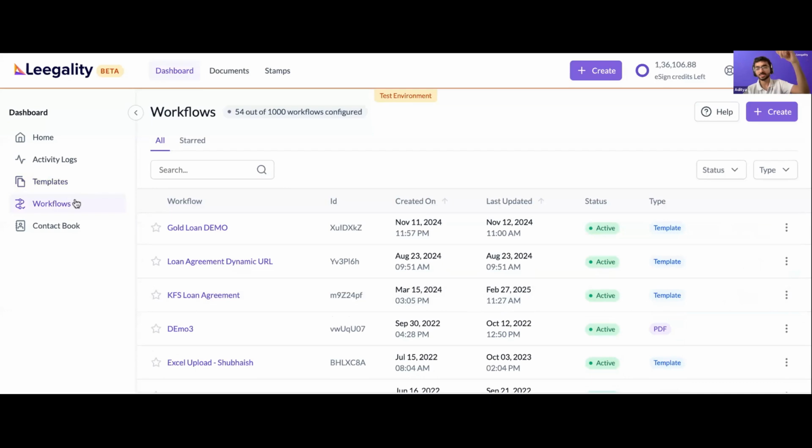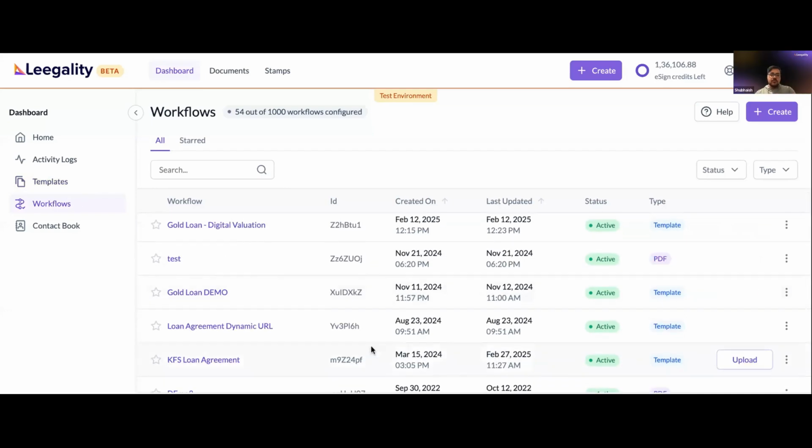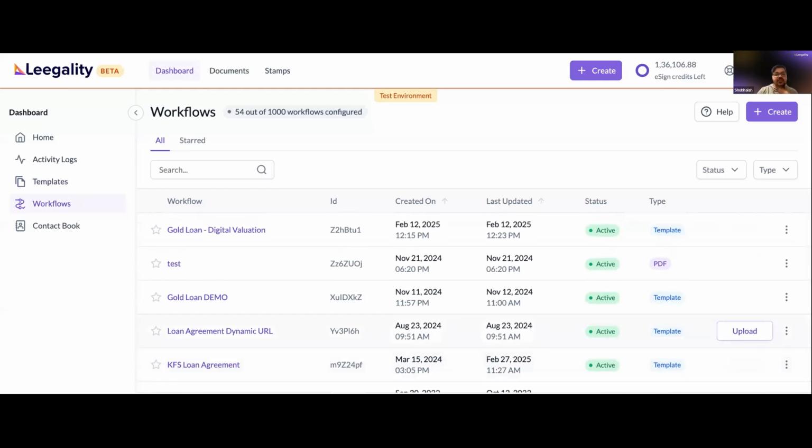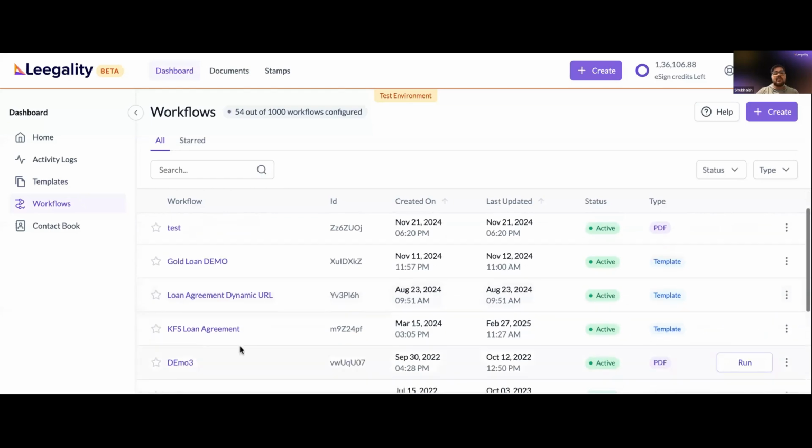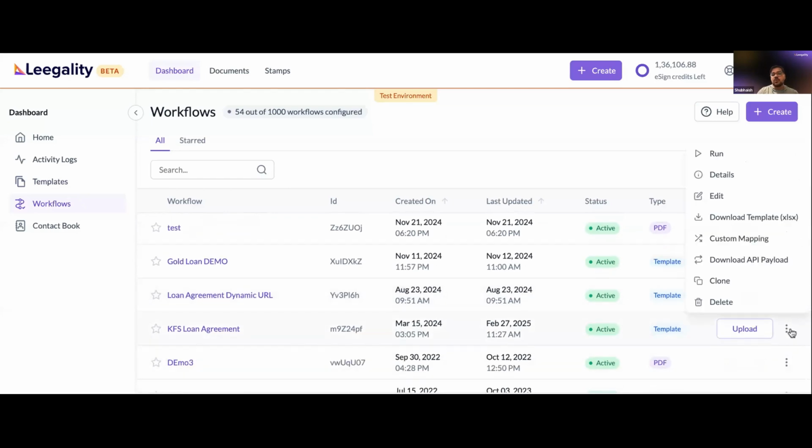And we mentioned also that you can set up different workflows for different languages. How do you actually set that up in the backend? It's a super easy process that you can very simply deliver via API to your front end. Yeah, go ahead, Shubhesh. So as you said, you can configure a bunch of workflows. Here I've configured this KFS workflow. I'll show you what it is and how it works.